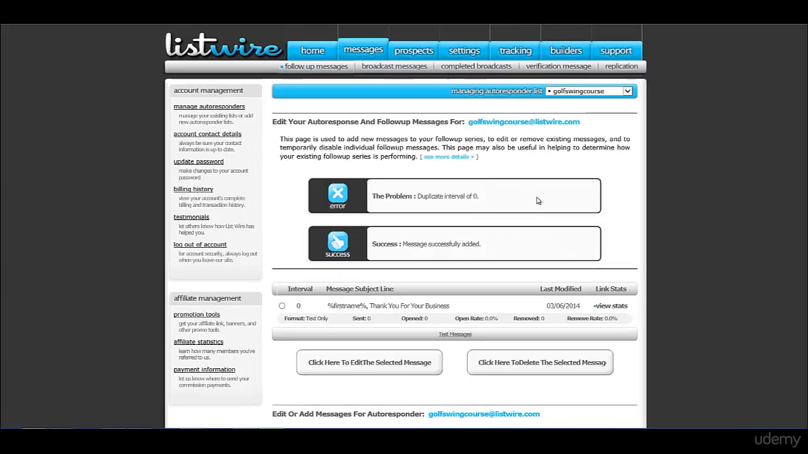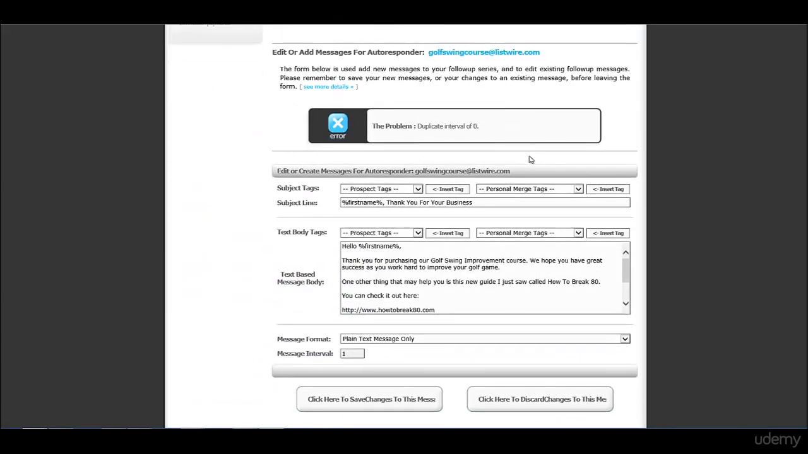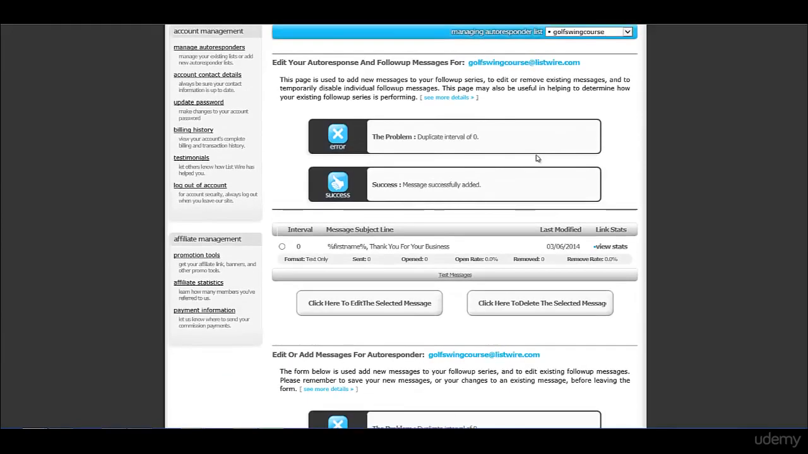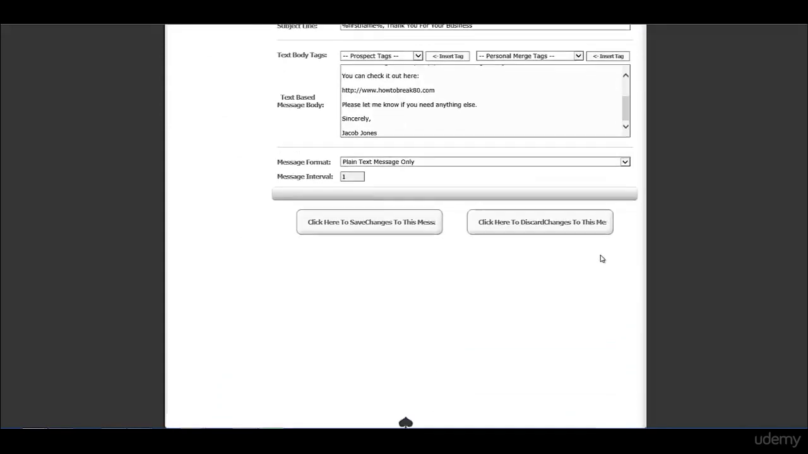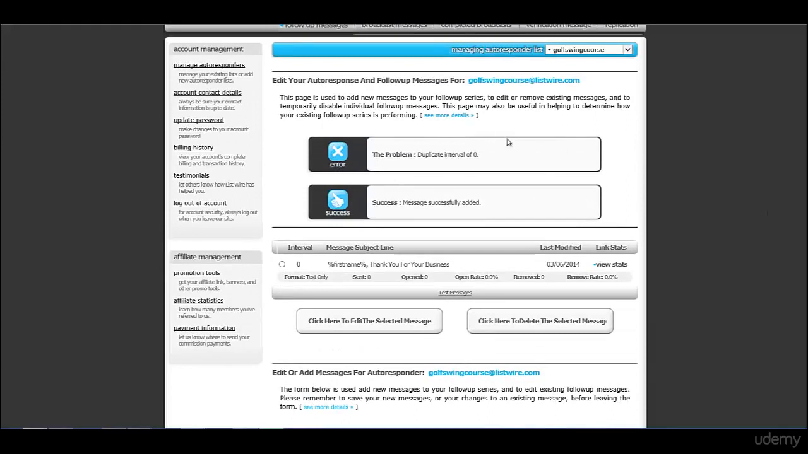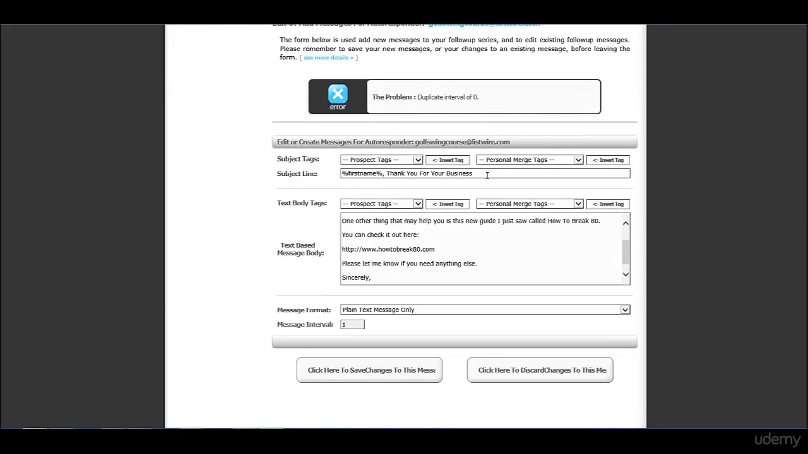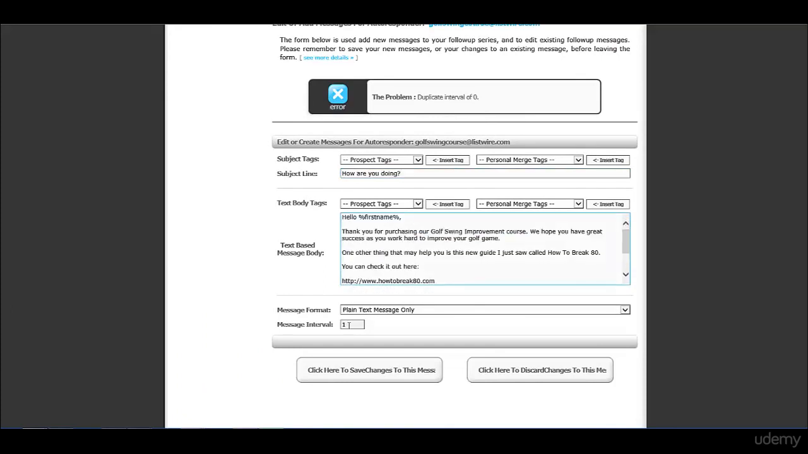Okay, so then you should see a confirmation page once it went through. And it looks like it's got a duplicate interval of 0. So let's come down here. Oh, because we were trying to create another message here. So you can come back here to follow up messages and you could add in a second message. So, how are you doing? And this could just be a simple follow up email to them that you could send out in interval number 2 or interval number 1, which would go out like a day after the next one. So then we just come down here, click here to save changes, and then we're on to the next part